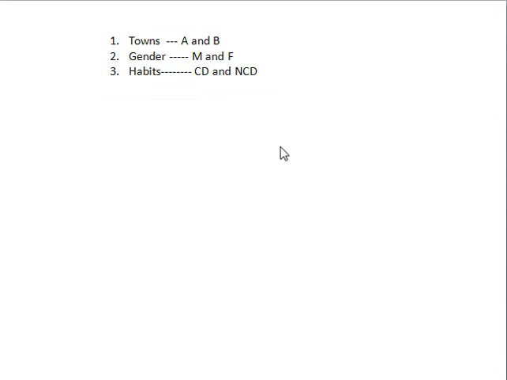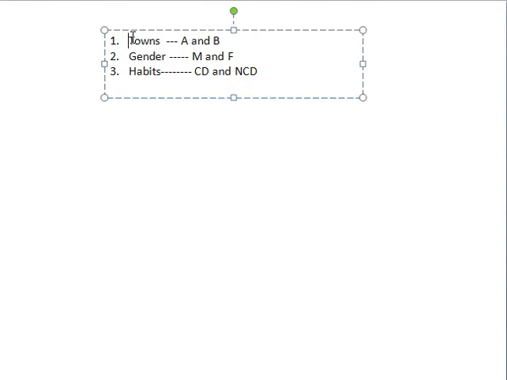So how many variables are there in the question now? One is town, it includes two items. Two is gender, three is habits. In the gender, male and female. In the habits, coffee drinkers and non-coffee drinkers. According to this, you can select any two in the stub and any one in the caption, right? Take two in the column side, take only one in the stub, any two. So the preference always is gender, that is sex. You need to take it in the caption side. Caption means the column side.